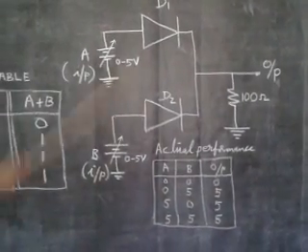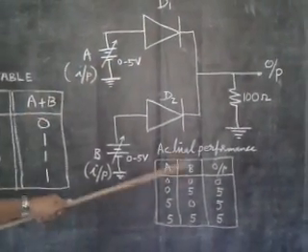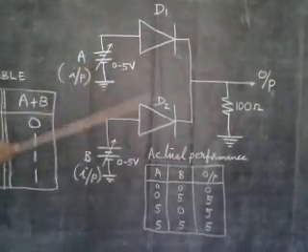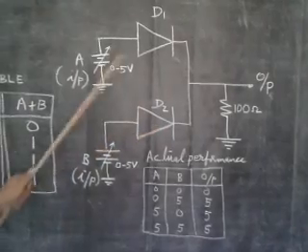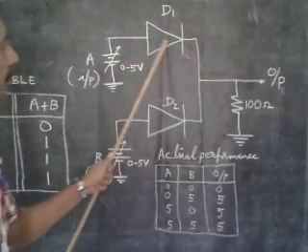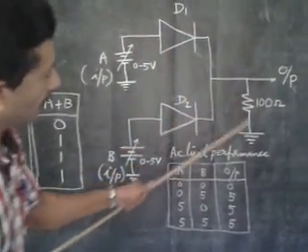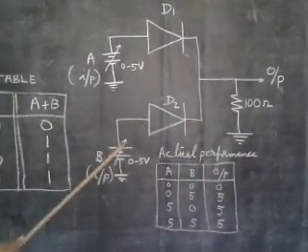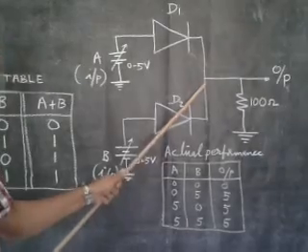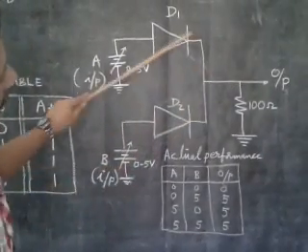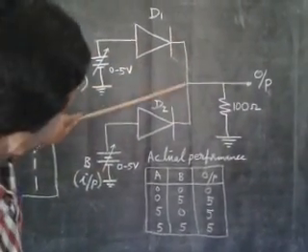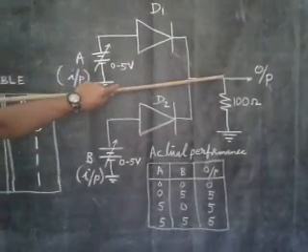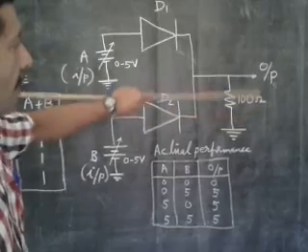Similarly, when A is 5 volt and B is 0 volt, this is forward biased, this is reverse biased. Then a current is passing through this diode to the earth, and no current through the other. This will be reverse biased, so there is no current through this circuit. So the current flowing through this diode will form a voltage drop here, which is logically high, and the output